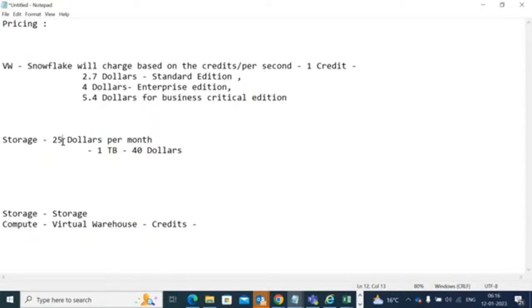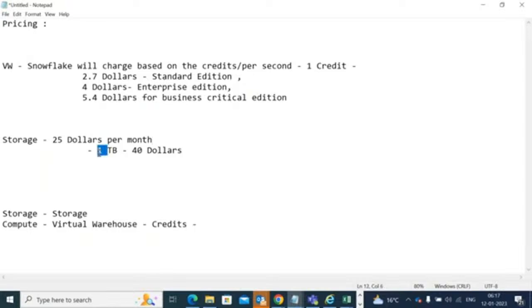Already you have taken the subscription, but you are not using. In such a case, you need to pay $25 per month if you are not using anything. Or if you have taken the subscription and you have started to use your Snowflake,